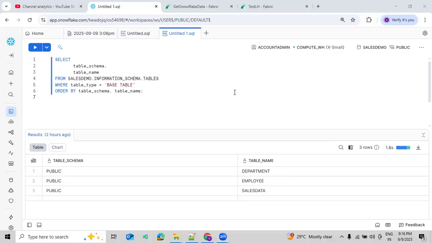In today's video, we will try to understand how to load multiple tables from the data pipeline. In our previous video, we understood how to implement mirroring from Snowflake to Microsoft Fabric. But in today's video, we will try to understand how to loop multiple tables from Snowflake to Microsoft Fabric